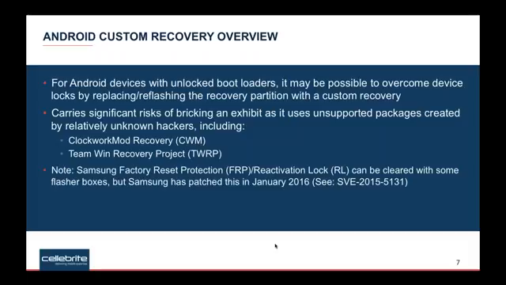Up until January, for any existing Android products Samsung has developed with this technology, there are methods to remove these locks. Using flasher boxes and similar tools brought publicity that Samsung has not really been happy with, so they've patched this completely in builds of Android produced after January of 2016. And you can see the Samsung security vulnerability update,